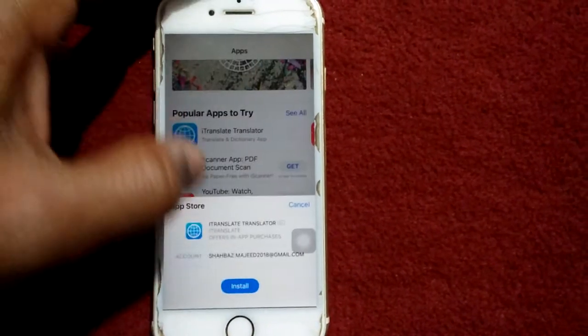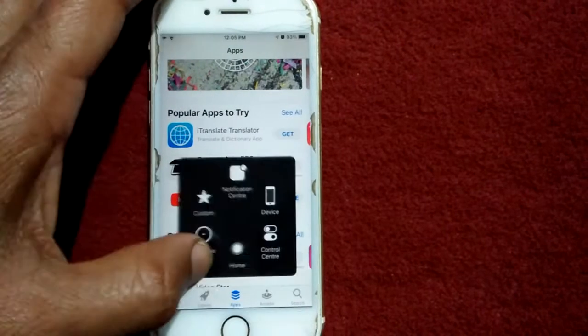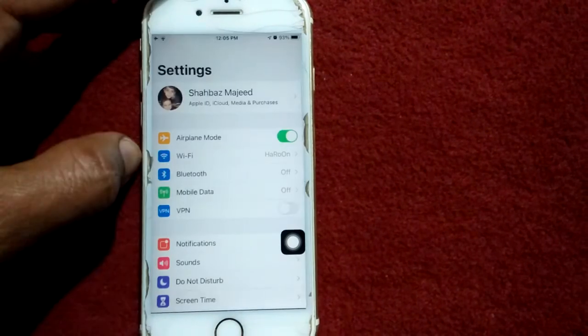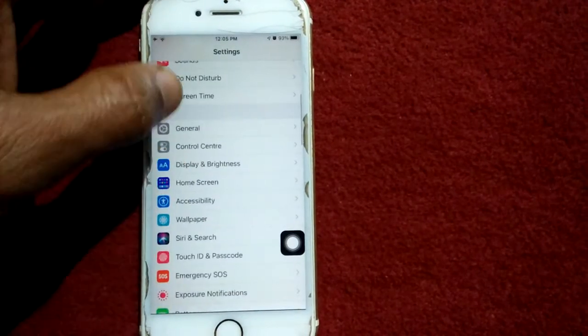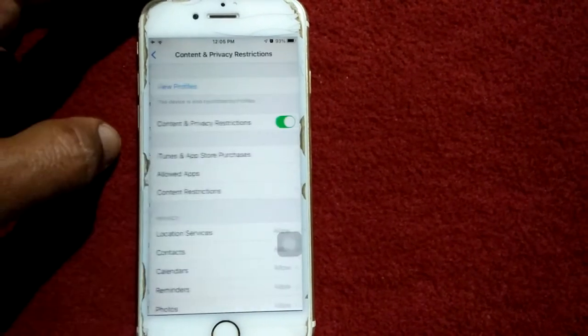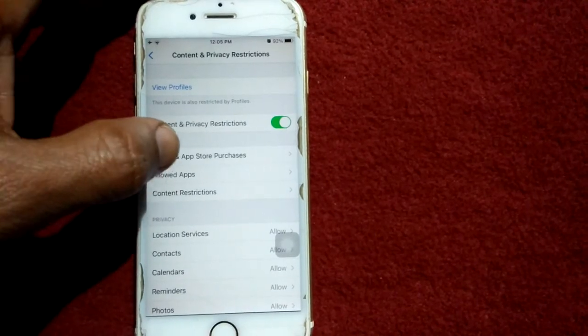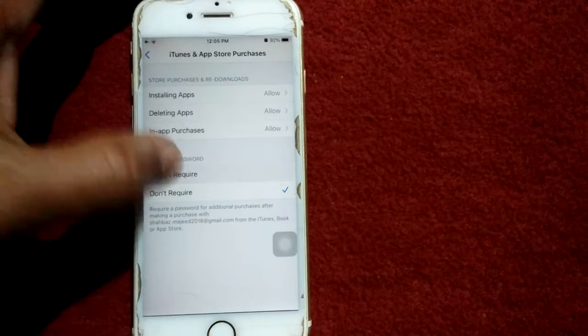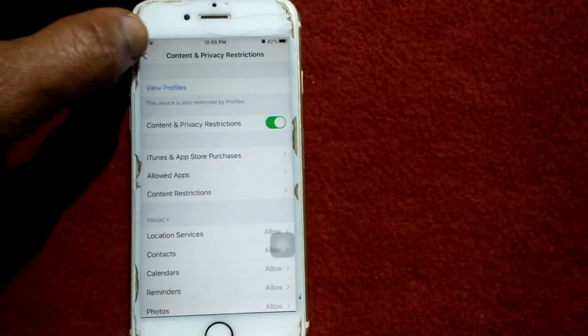For that, force close App Store. Now go to Settings, tap on Screen Time, tap Content and Privacy Restrictions, tap iTunes and App Store Purchases. Now select Always Required. Now go back